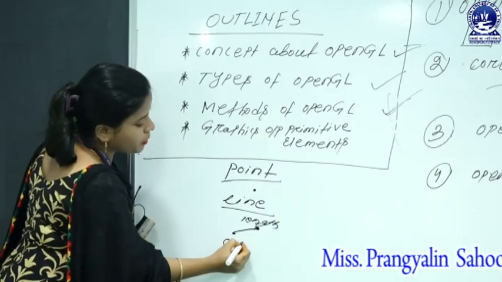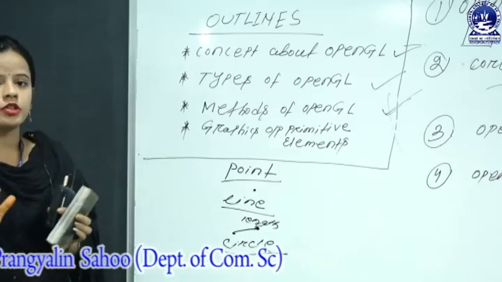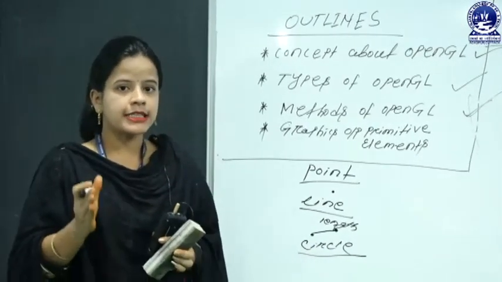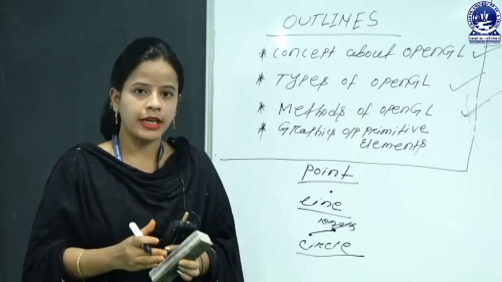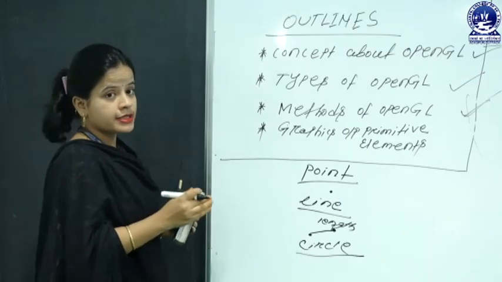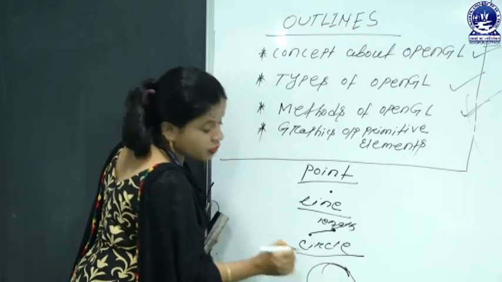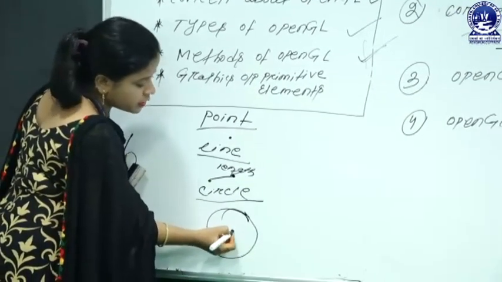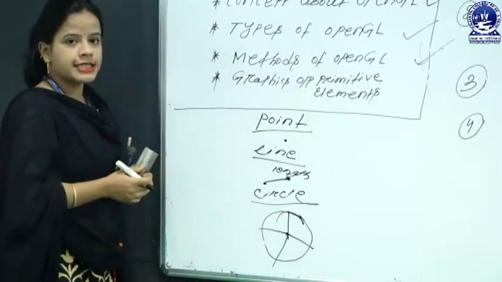Now goes to the next primitive component, that's your circles. As we know, the circle looks like a round-shaped graphical object. Here the circle consists of multiple pixel points in a given plane, and all the pixel points are represented and collected in the format of a round structure. Here one pixel point in the center position is at equal distance from all arc positions, which is called a circle.